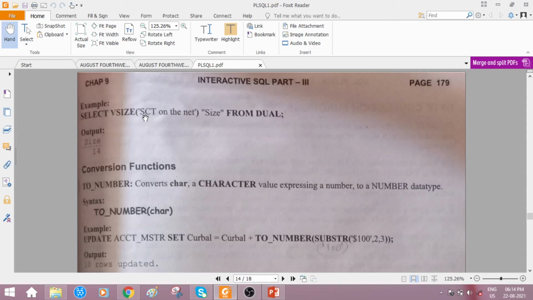So either we can make use of length or vsize. So this is 14: 1 2 3 4 5 6 7 8 9 10 11 12 13 14. See, the size is 14. With the help of length as well as vsize we can get the length of the given string.